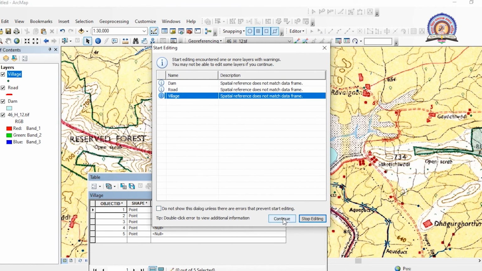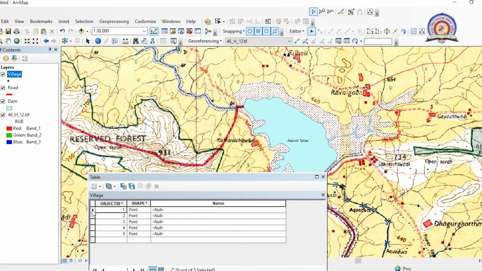So how, I will give you the example. For example, I want to highlight, I have to give the name for this point. So I will select this point over here. Automatically that point is selected over here. Now I know that the name is Ravalgaon. So I can simply write a name over here, Ravalgaon. Okay. Now second point, I don't know where second point is. So just when I click over here, it will be displaying over here. So the name is Gayachalwadi. So I will be giving a name by using our base map.